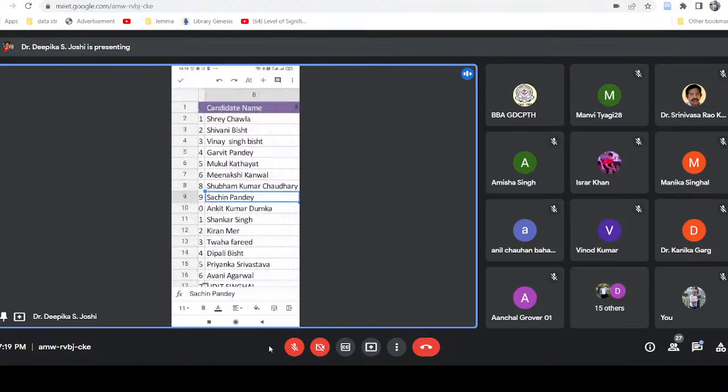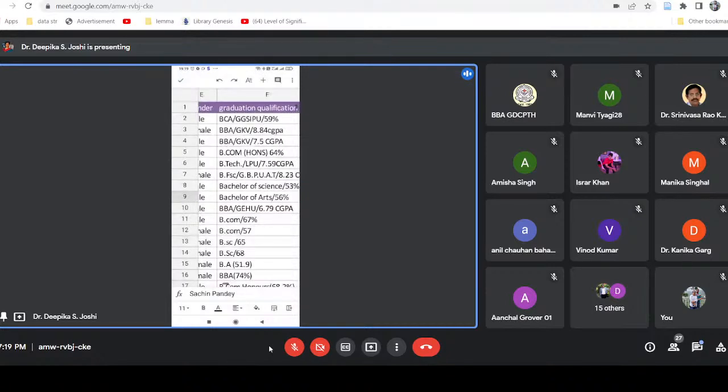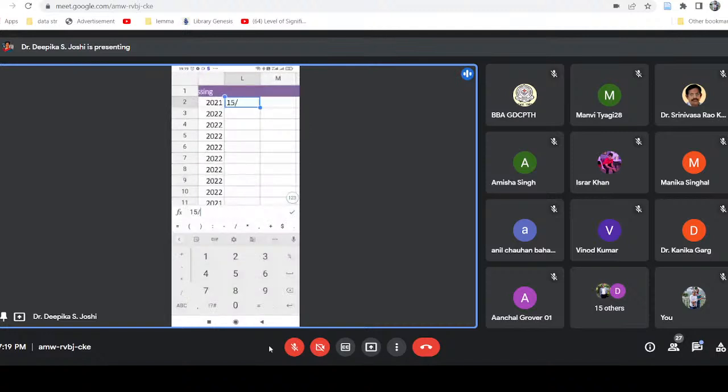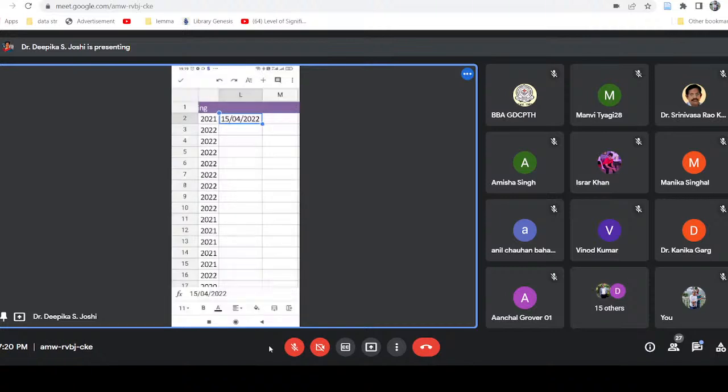Inserting a date on the same sheet, and it's 15th April 2022. After this, it shows me the proper format. If I change the format,